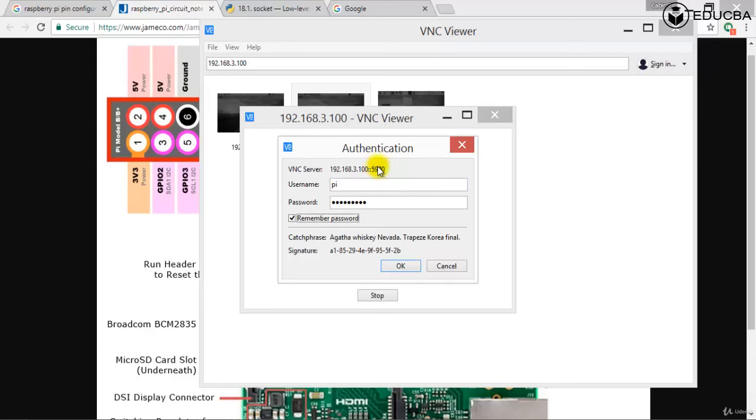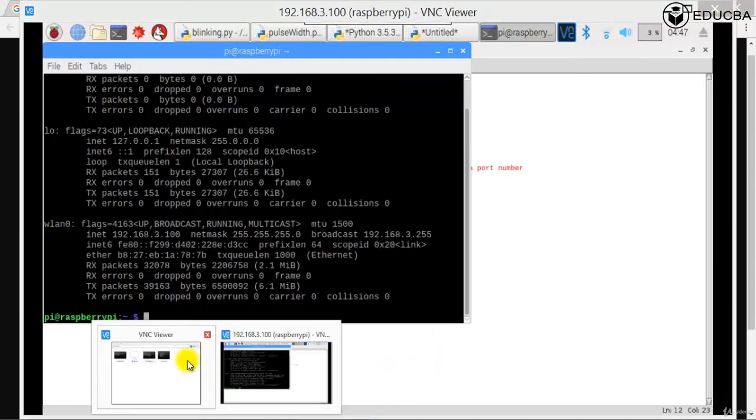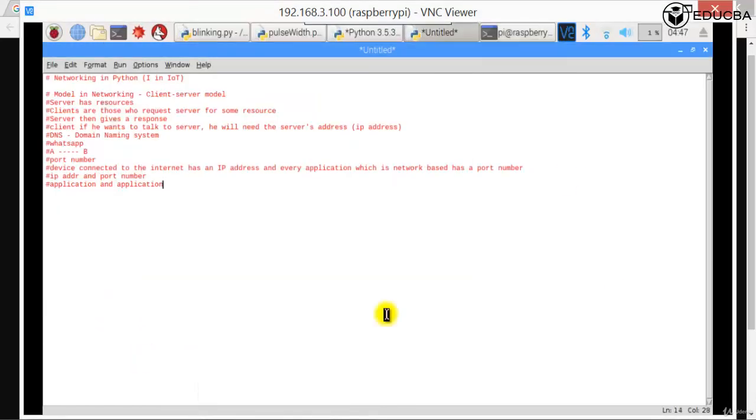And who knows this? The VNC viewer which you are using, this application on the desktop. This guy knows that VNC runs on this particular port. So it appends the port number automatically without you putting that in. So let me say okay. The minute I say okay, it connects, the VNC server opens and you can see this particular screen. So VNC viewer is a client running on a desktop. This one is a client and this one is a server. Are you able to understand?